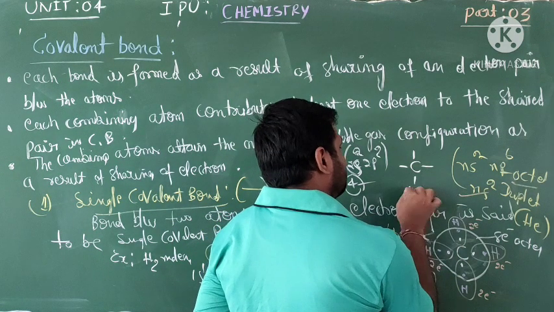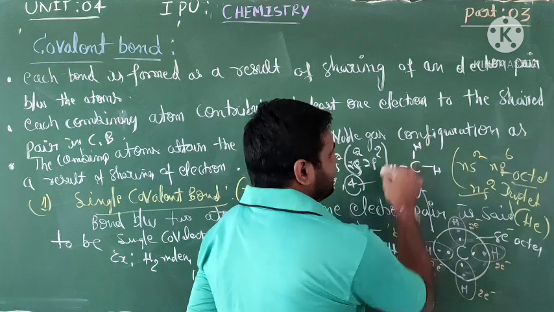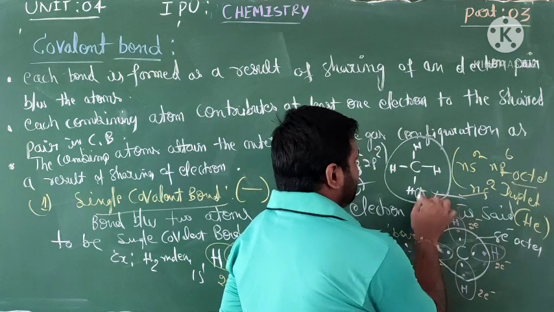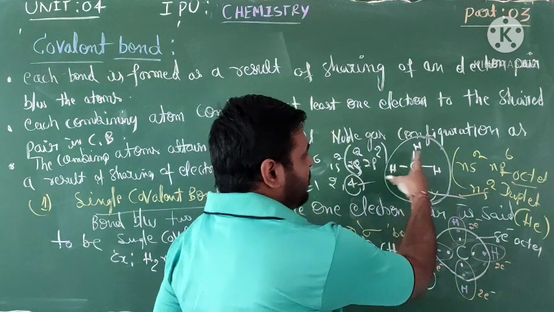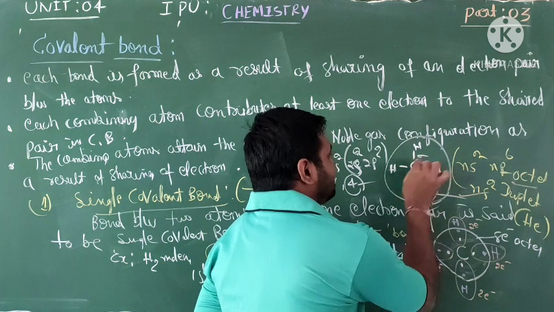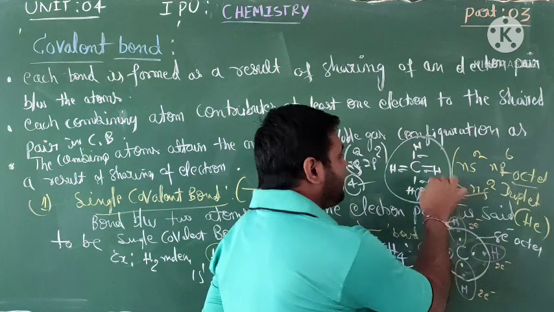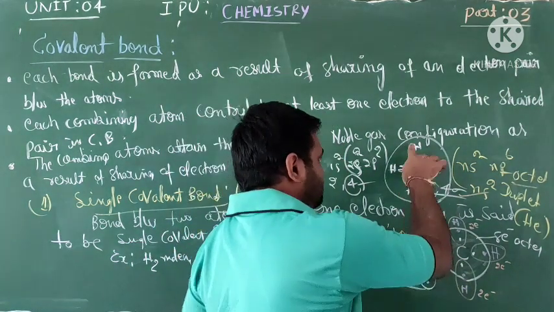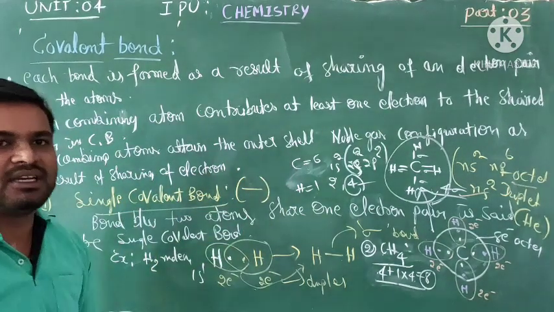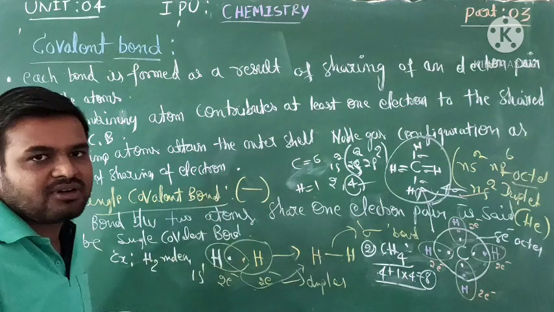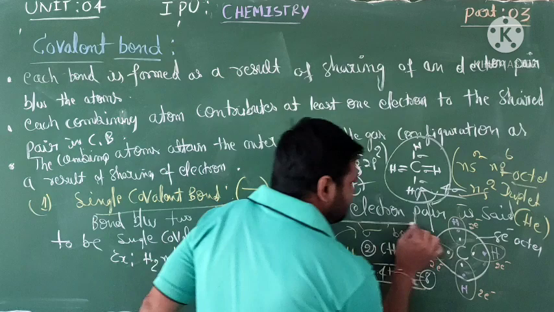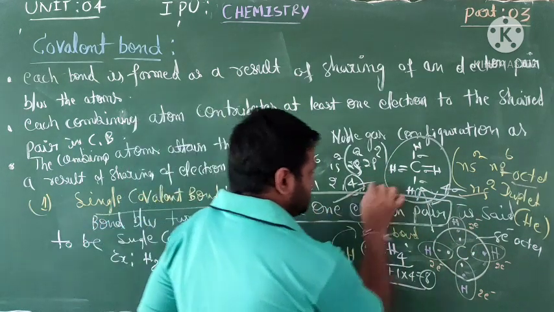It looks like this. Okay, this is what this type of structure looks like. How many bonds are present? 1, 2, 3, 4. These are sigma, sigma, sigma, sigma. Four sigma bonds are present, and this is called a single covalent bond. Clear? In any example you take, a single bond is formed by sharing of only one pair of electrons. This is a very important thing.